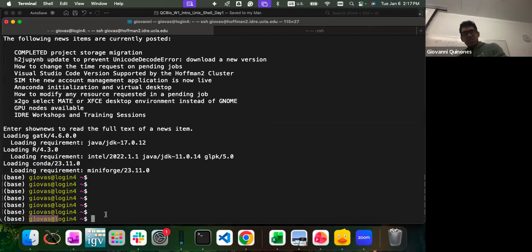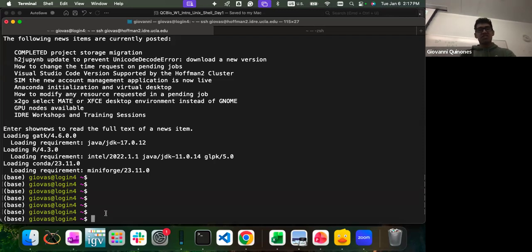Now, what this means is that this is just for you to connect to the cluster, but not to actually perform any computation. The reason for this is that the login nodes are computers that are not that powerful and don't have as many resources.